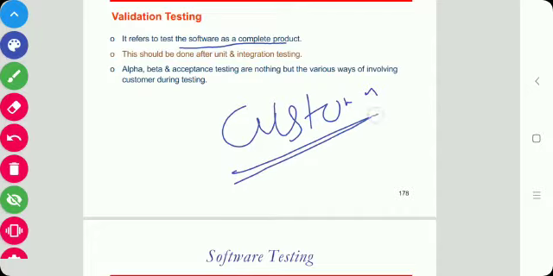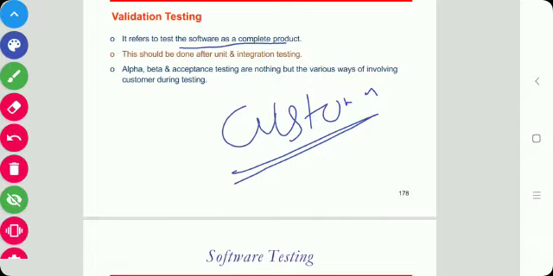We have to test from the perspective of the customer, and we want to ensure that the software meets the expectations of the customer. If we deliver our software product to the customer, the customer may try invalid inputs or any combination of inputs, and because of that the product may give unexpected output. Then the customer will not be satisfied with the software, or will not appreciate the efforts of the developers. So it is necessary to include the customer in the software development process, or at least in the